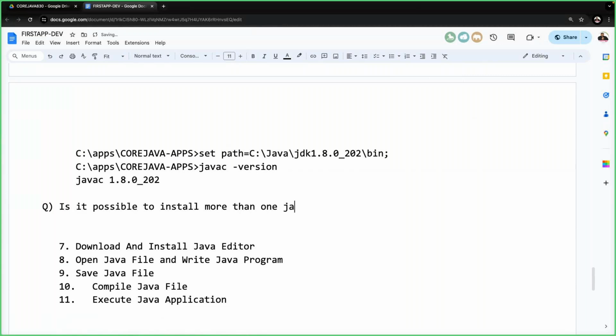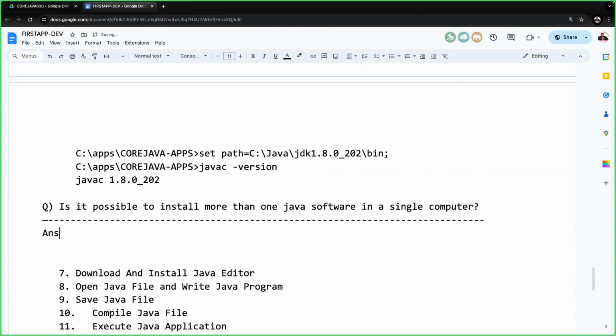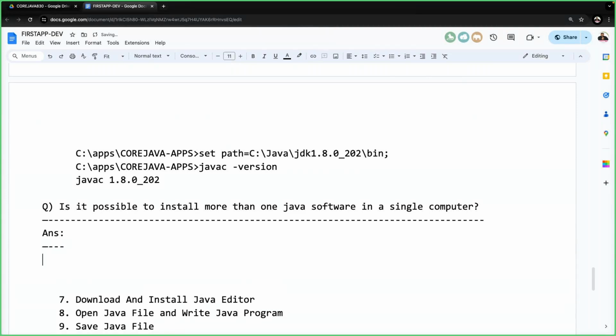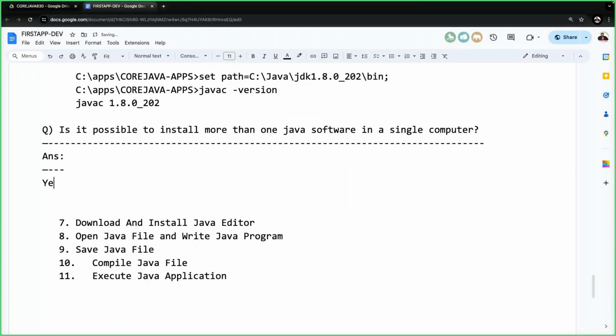is it possible to install more than one Java software in a single computer? Right, sir. You should not say no. Why? Because already we have seen the total environment inside my classes, how to install them, right? Yes, it is possible. Now the answer is, yes, sir. It is possible to install more than one Java software in a single computer,